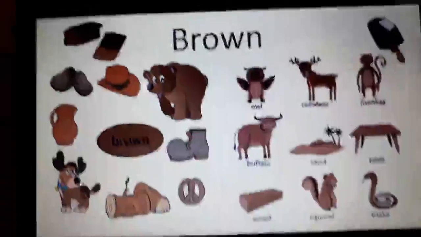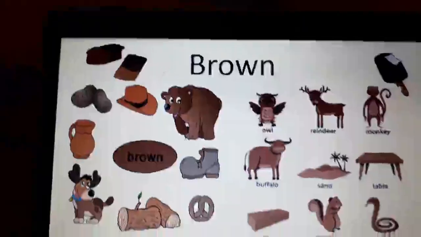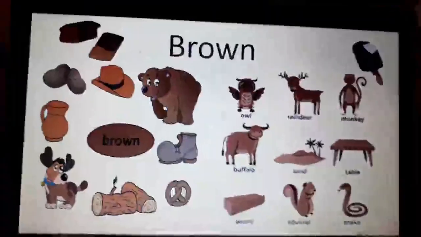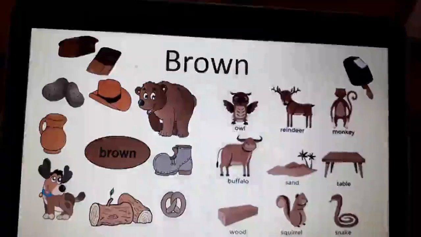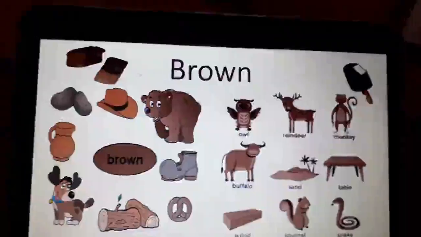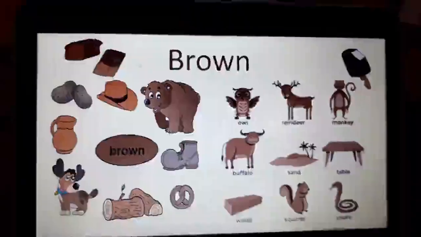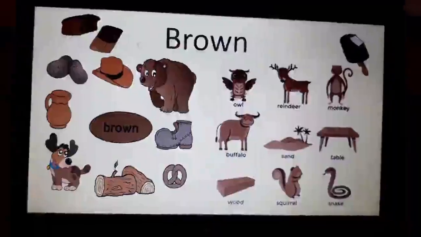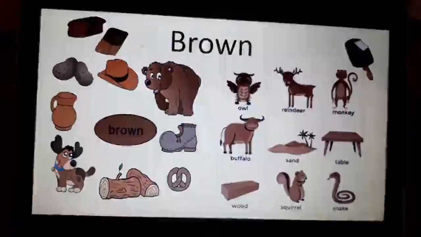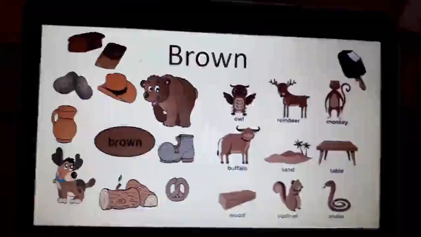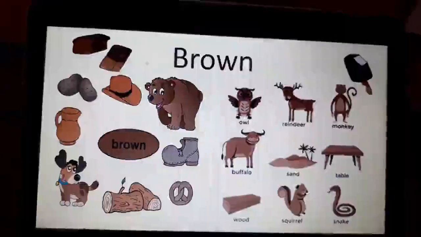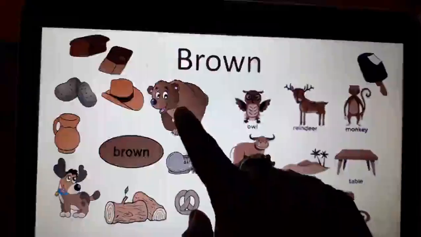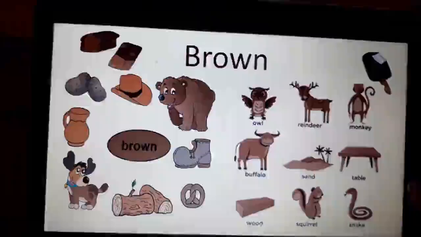Then we have reindeer also. So who's a reindeer? The one who moves the sledge. Santa आते हैं ना sledge पे, तो reindeer उस sledge को चला रहा होता है. Then sand. आप जाते हो कभी, अगर आप बीच पे गए होंगे, मिट्टी जो sand होती है वो brown color की होती है. We make so many sand castles out of it. Isn't it? Shoes. Sometimes we have shoes brown in color. So this is what a brown color looks like.